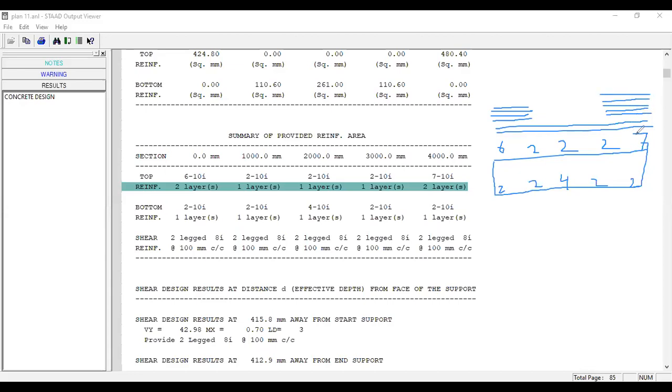at the top reinforcement at the end of that beam, and the length of that particular reinforcement will be 0.25 L, which means 1 meter for that beam. The beam length is total 4 meter, so 0.25 L is 1 meter. Here also the length of the extra reinforcement is 0.25 L.